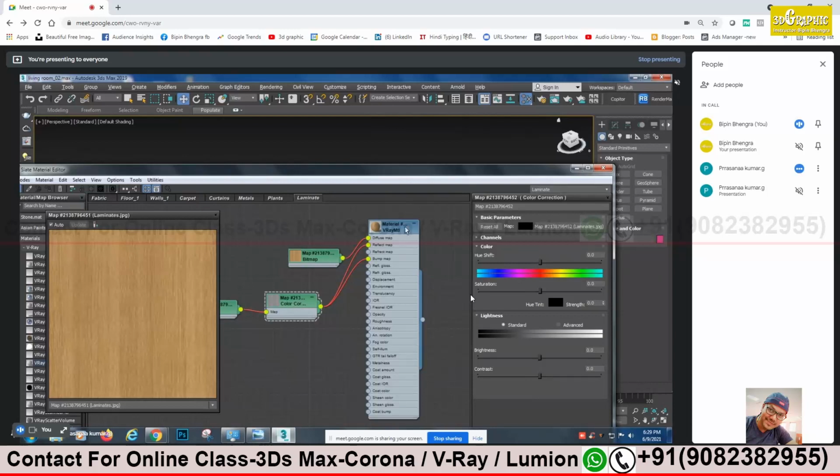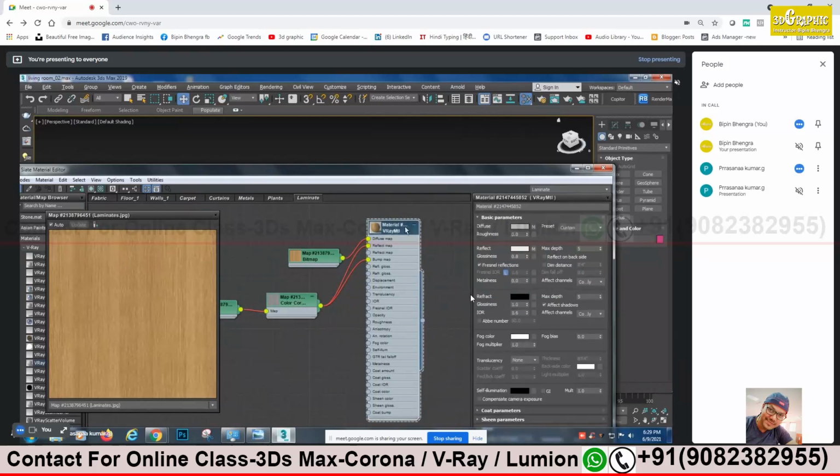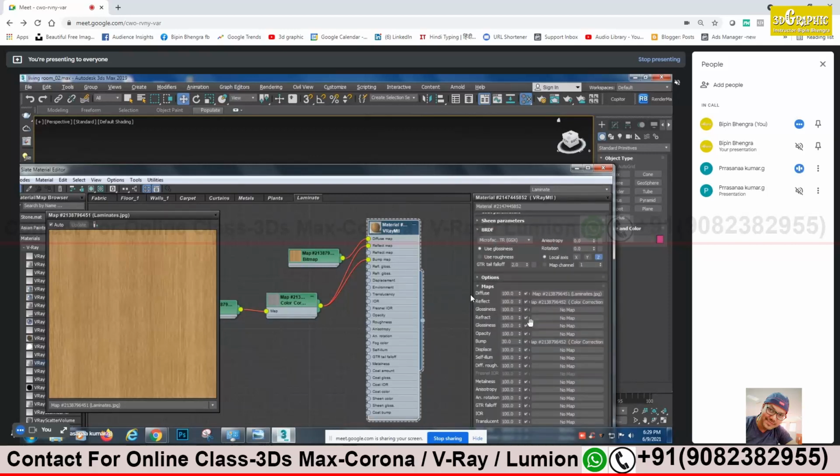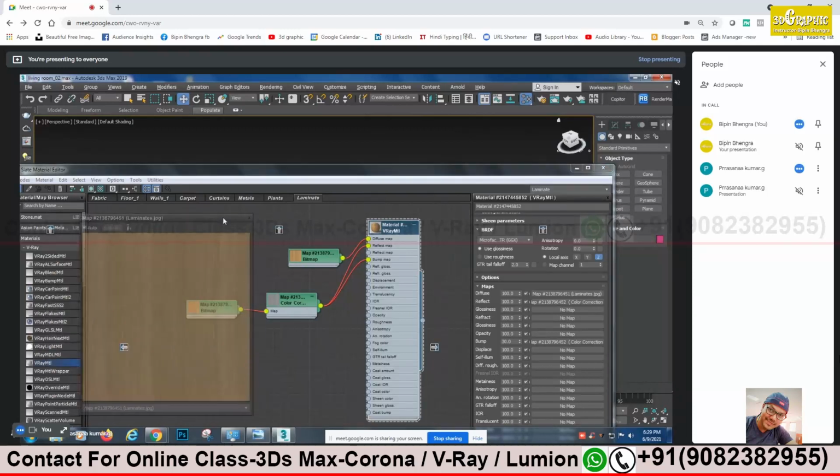Now open preview of the main material. This is the preview which has opened. This is your default texture. Okay. Now I got the maps. This is what I was searching for. Correct, sir. Now I can control the glossiness and the reflection control here. Yes, from there you can control.